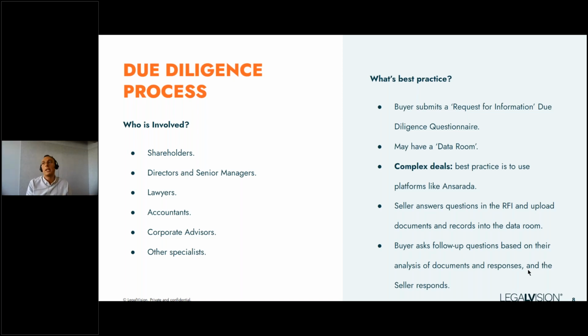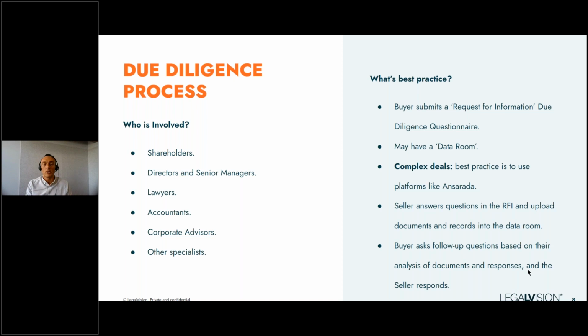In smaller deals, we've seen parties simply go for something more simple and use things like Google Drive or Dropbox. And even smaller than that, sometimes there is no data room. There's just simply a sharing of the various information and documents by email correspondence. But in any event,